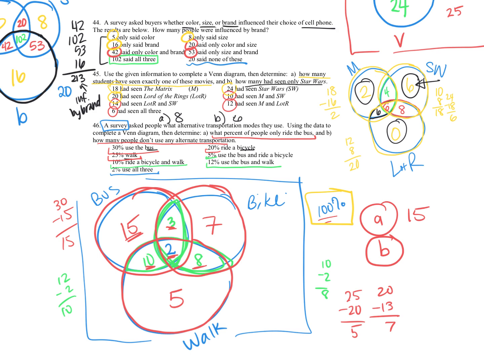So if I add up all the numbers that are in here, so looking at the bus, I know the total for the bus already because it was already stated that 30% use the bus. So I know that's 30 plus, I'm going to add 7 and 8, that's 15 together, plus the number 5, that was the only part not used yet. So 15 and 5, that's 20, so that's 50. So 50% use an alternative method. That means that the other 50, because 100 minus 50, are going to live outside that circle, which means that they don't use any transportation. So if we say 100 minus that 50, that's going to be 50%. Again, is what we were talking about.